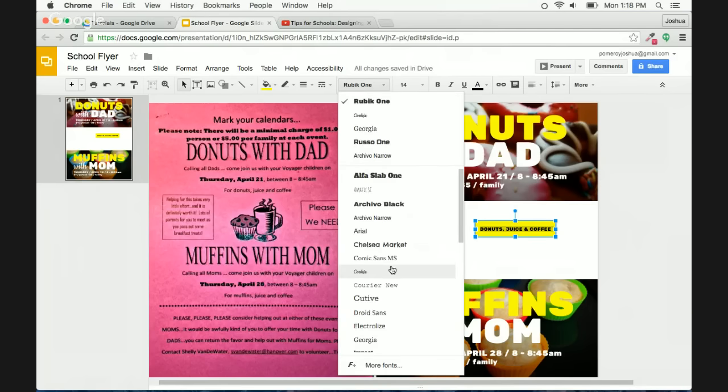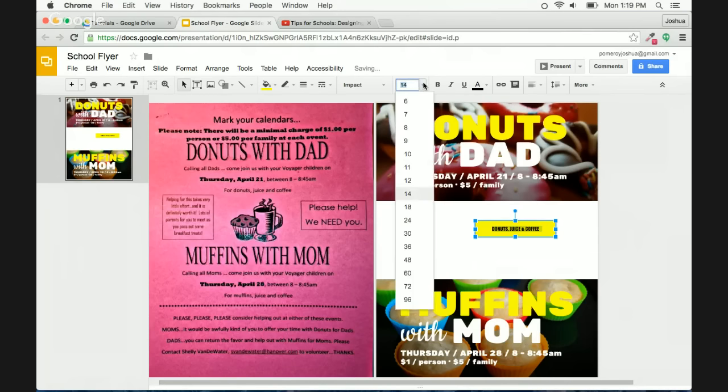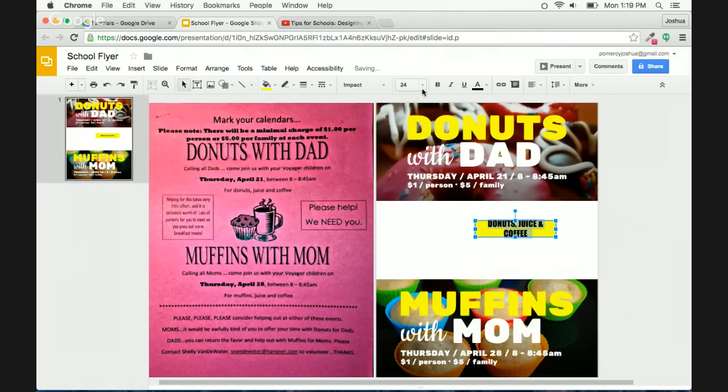Actually, let's use something a little bit narrower so we can make it larger. It's too large. There we go. Donuts, juice, and coffee. So I'm not using too many fonts so far. I've got 3. I've got this sort of scripty one here to really help contrast the big chunky Rubik 1 font. And then